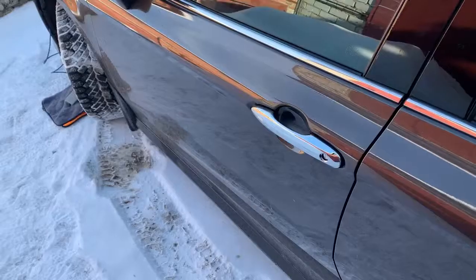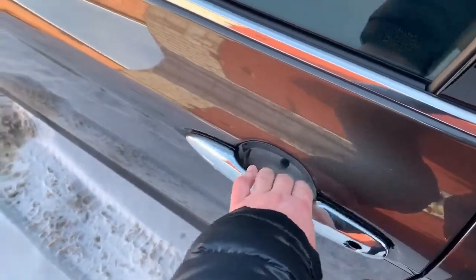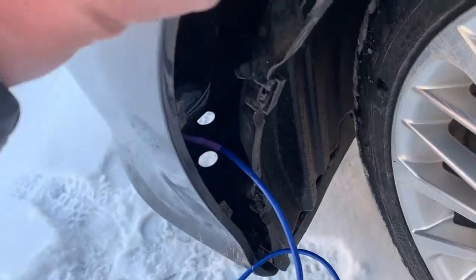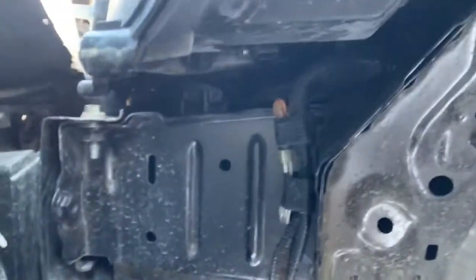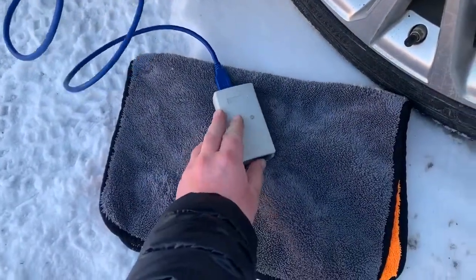Step 1. The test outside the car. Initially we check the work of Unlocker outside the car. See that the car is closed. Unlocker was pre-connected to the CAN bus into the headlight connector, which can be easily accessed from under the front bumper. Turn on the device